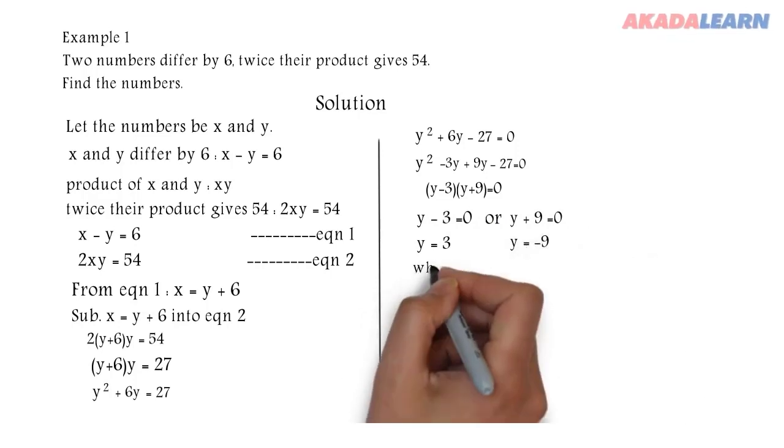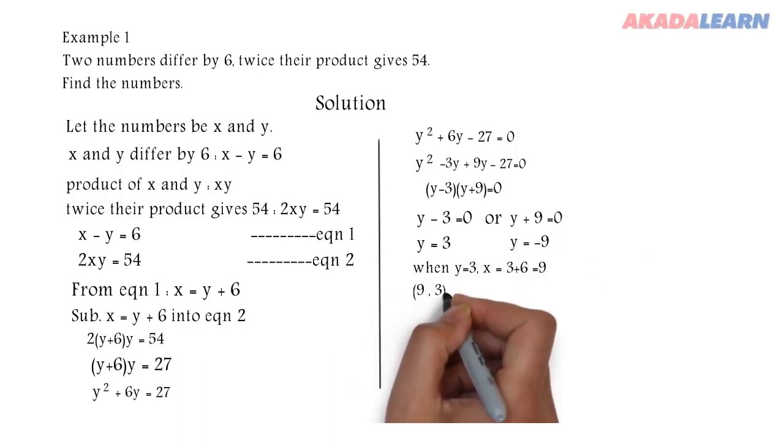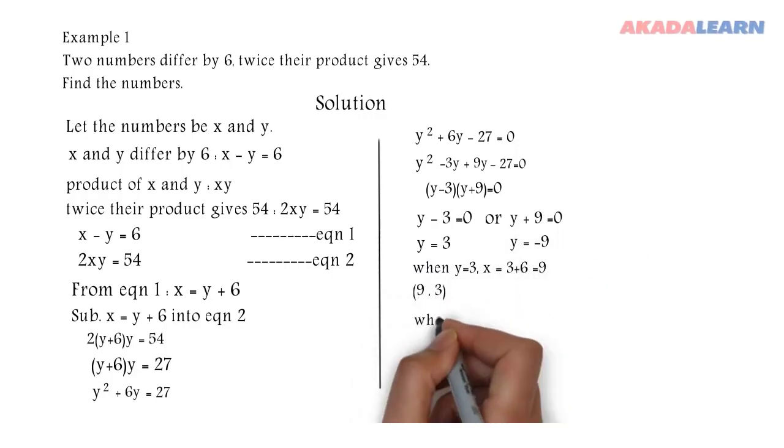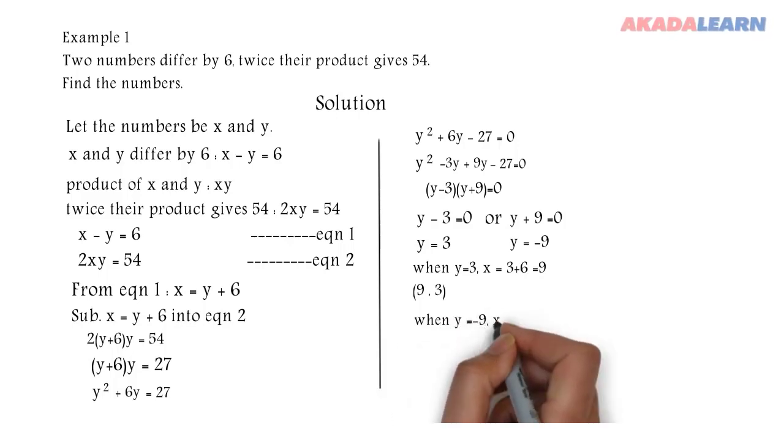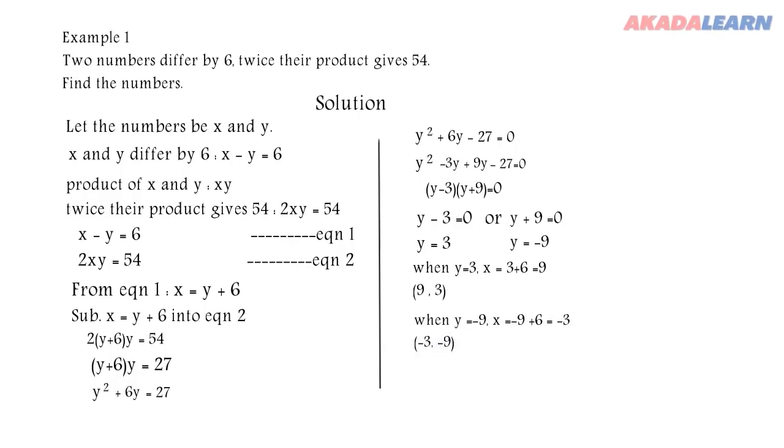So let's get the corresponding value of x now. So when y is 3, x will be equal to 3 plus 6, which is 9. When y is minus 9, x will be equal to minus 9 plus 6, which is minus 3. Okay,